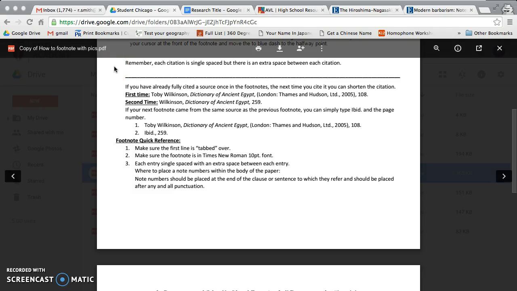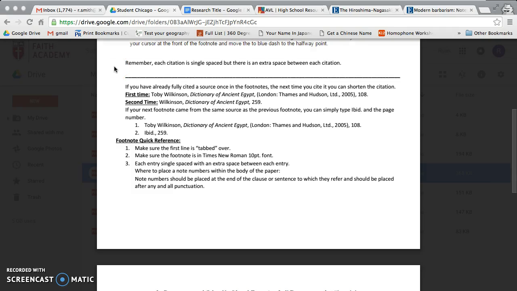All right, some more footnote tips. Just remember that each citation is single space, but there's an extra space between each citation. Now, if you have already fully cited a source once in the footnotes, the next time you cite it, you